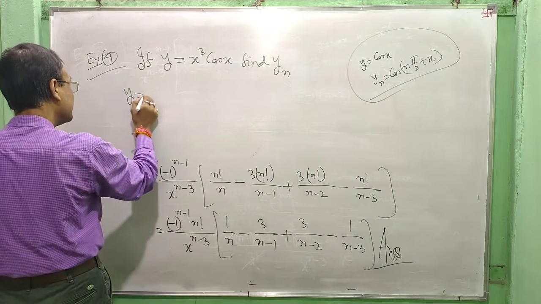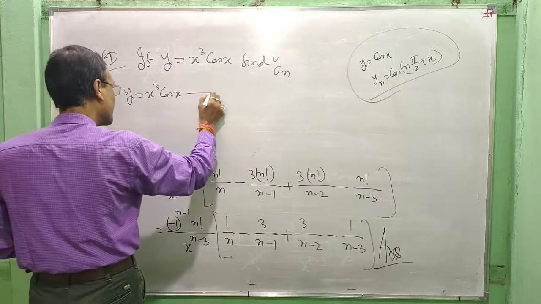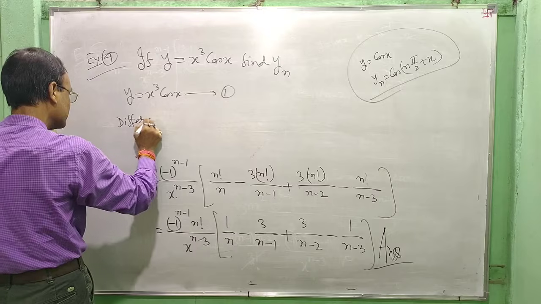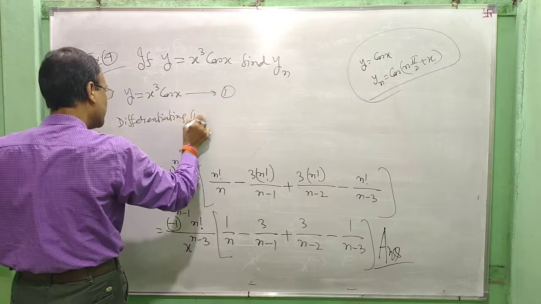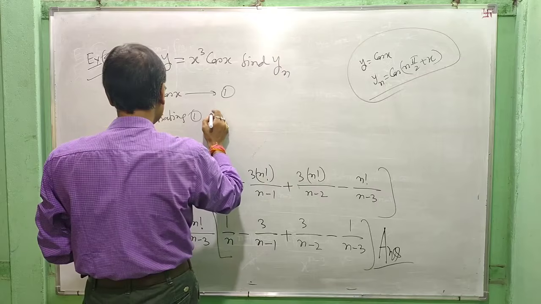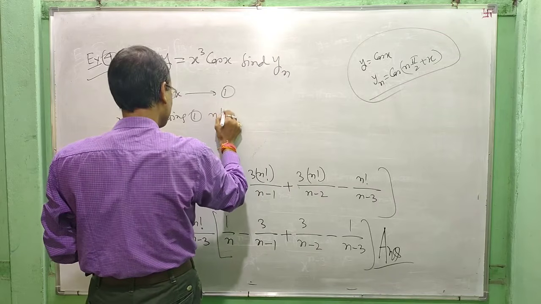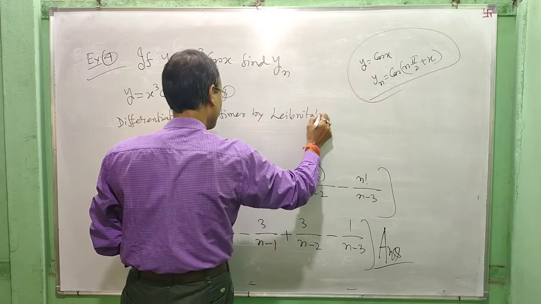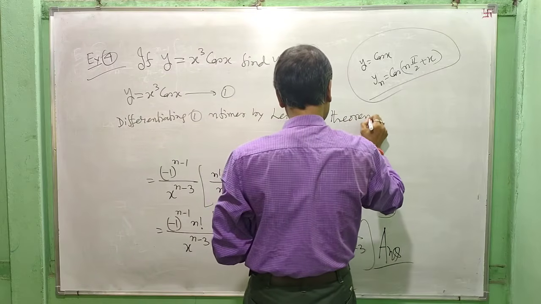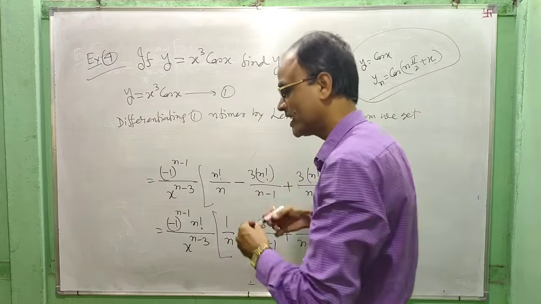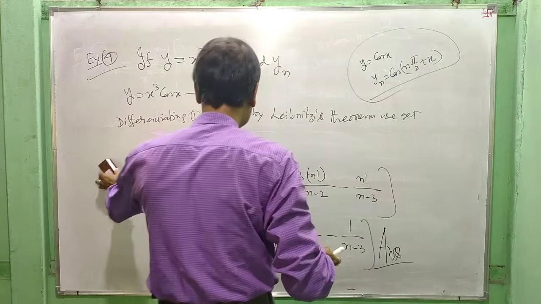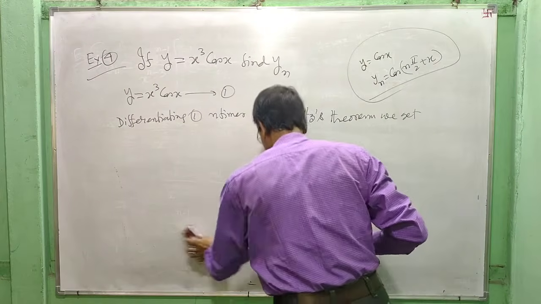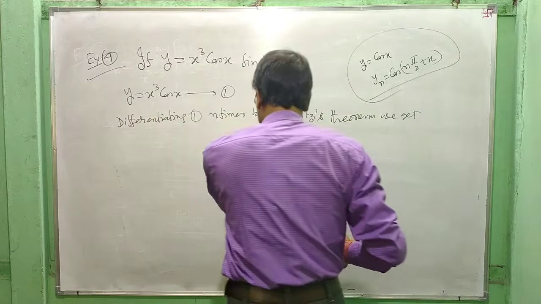Now, given that y is equal to x cube cos x, differentiating n times by Leibnitz theorem,